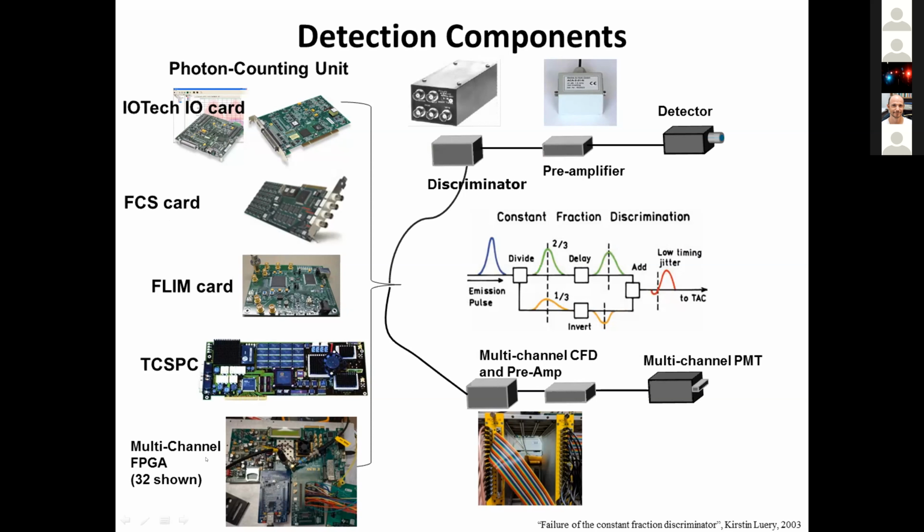And the new ones are these 32-channel FPGA developed by Film Lab in Italy, based on the work of Alessandro Rosetta. But if we are talking about analog detectors, we need to condition the signal in order to have a photon counting regime. For this, we need to amplify the signal, and we need to include a constant fraction discriminator, and transfer the data from analog to digital and then get into our card. And this is basically the sequence of the electronic steps that we need to use for the